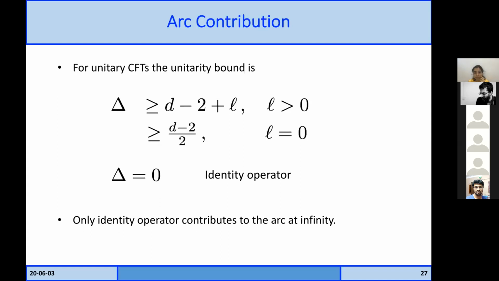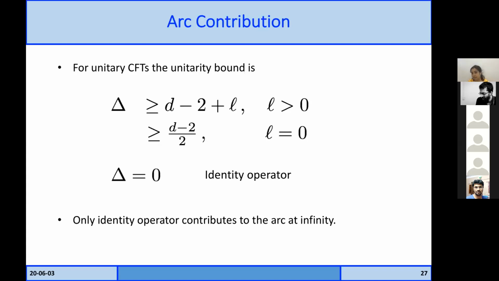What about the unitarity? Then it's not. It's just d minus 2 by 2, right? Yeah, there is no gap. So the thing is that here it's simple because we have only one operator, like the identity, which contributes to the R. But I think this goes back to the question that was asked. If you have an infinite number of operators, then the contribution can be complicated.